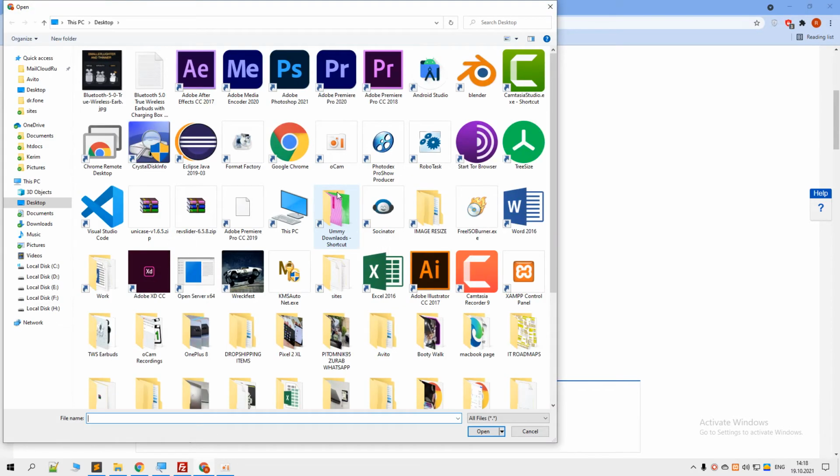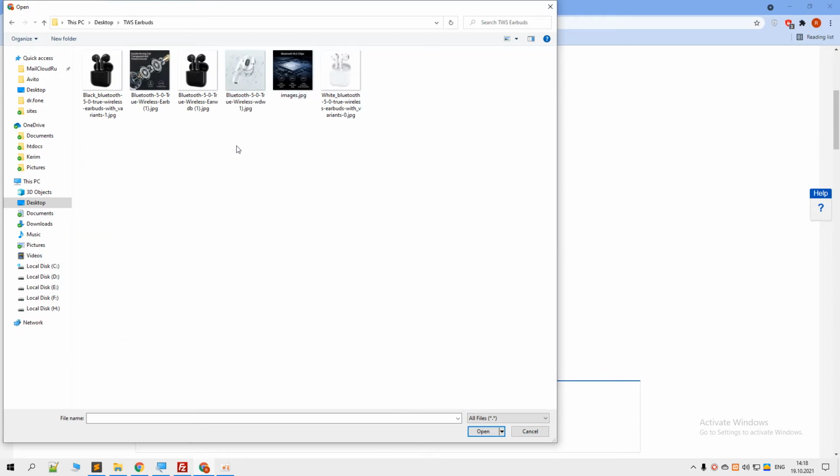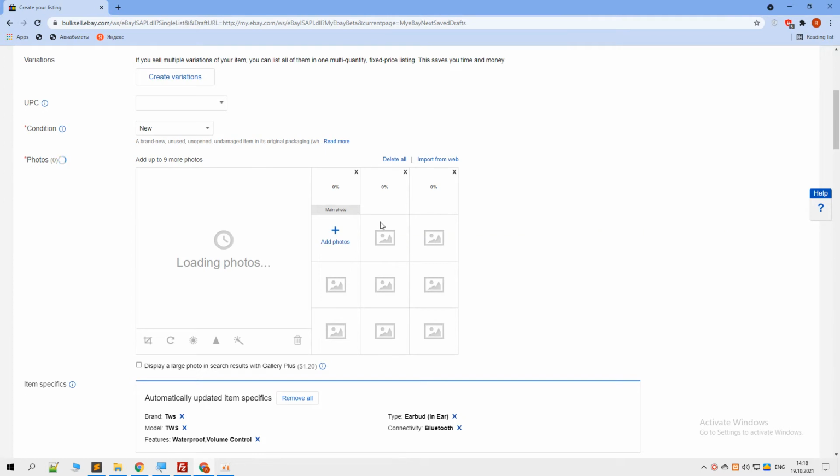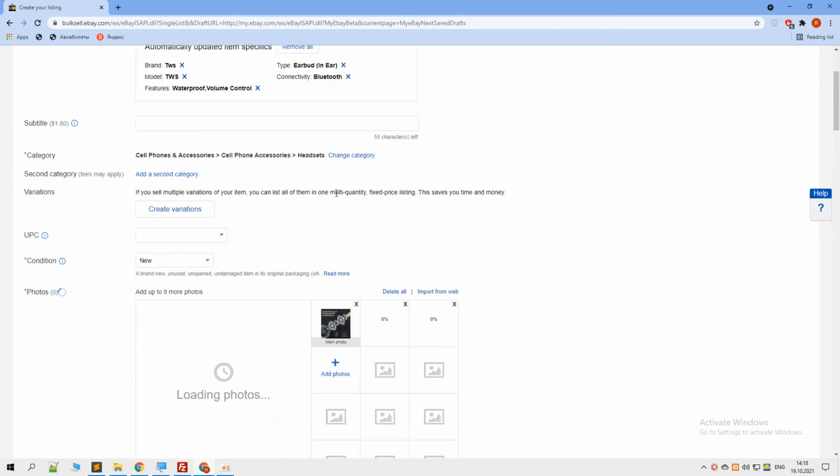Let's add the images for this listing, but we'll not add these images because we want to include the black and white. This time we want to exclude them from the selection. They are just general, but we want to add two variations of this